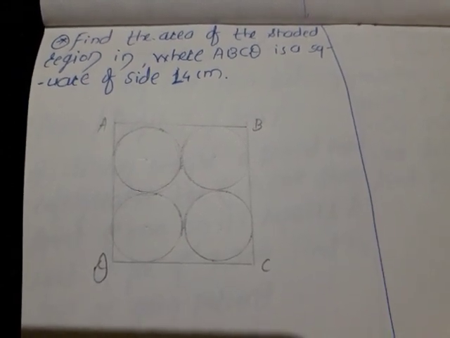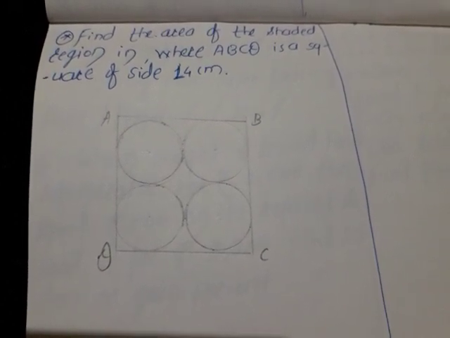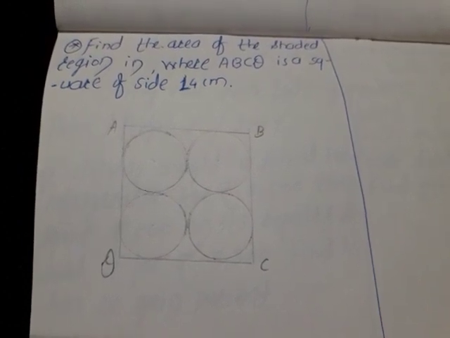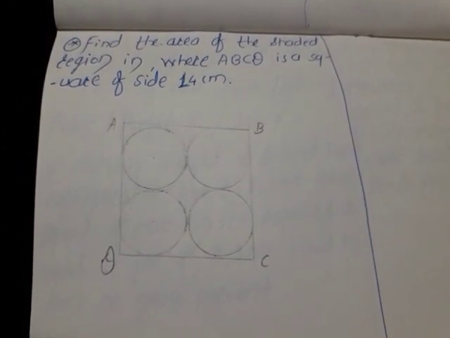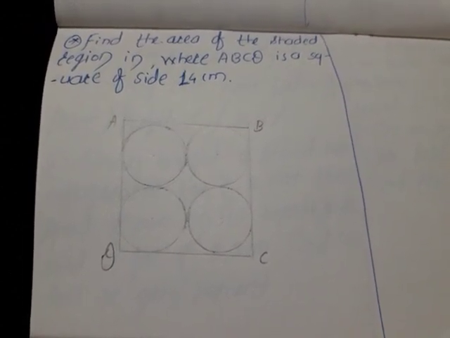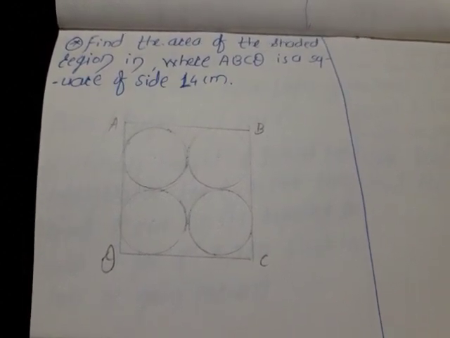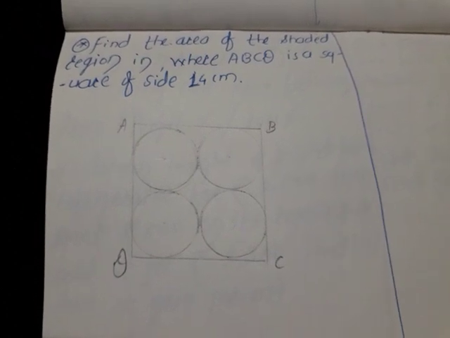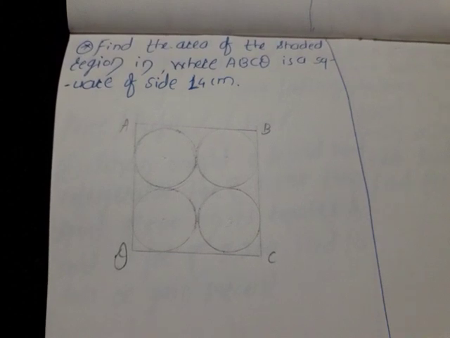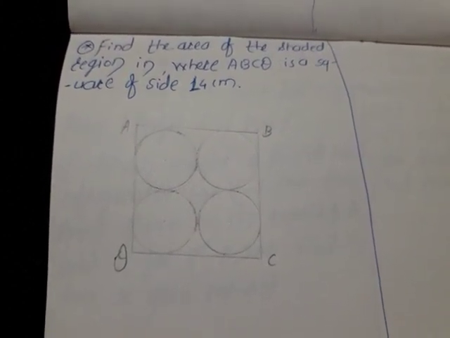Hello students. In the last video we discussed some examples regarding the area of a segment and the area of a sector, and after that we discussed how to find the area of a figure consisting of combined figures. Combined figure means what? That figure may have a sector, maybe a segment, maybe a quadrilateral, different types of triangles. Then how to use those figures and their formulas to find the area. In the last video we saw one example of that type.